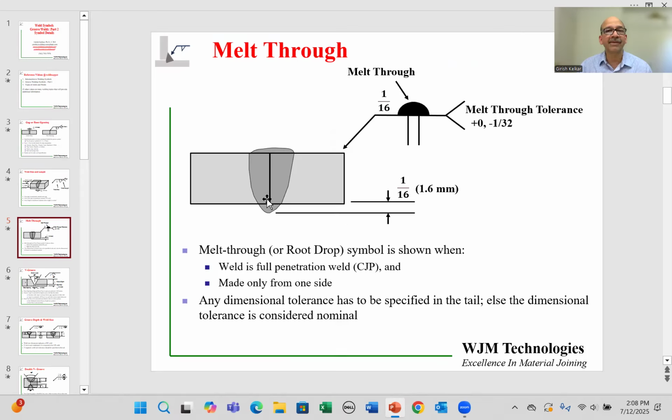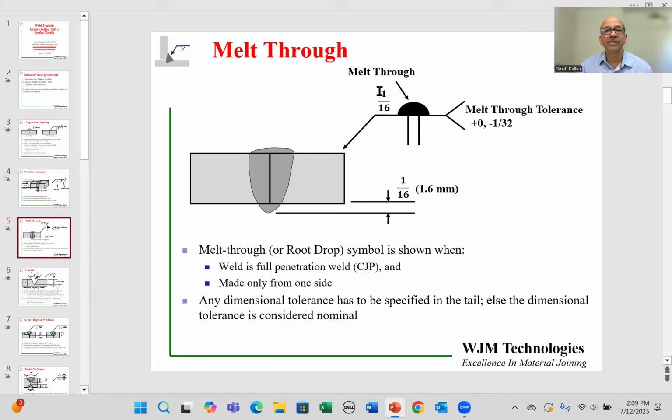And as I've shown in the schematic over here, usually when the energy comes from the top, the weld is wider over there and narrower towards the bottom. Now, this is just a schematic cross section, and this is not going to be on the drawing. On the drawing, it's just going to be a square groove weld. So here we are not mentioning the gap. So the gap is 0 in this case before welding.